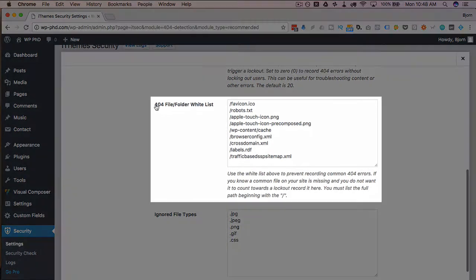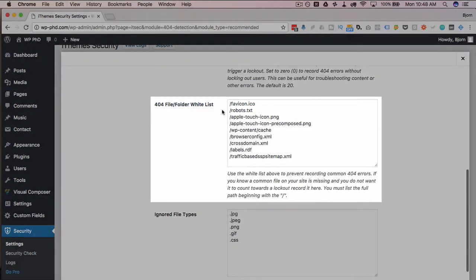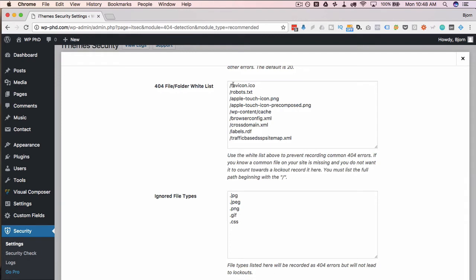Down below, we have the whitelist folder. So if somebody's hitting your favicon, robots.txt, or these other image files, these ones are on my server, they probably wouldn't be on yours. Bunch of other things that may or may not be on your site. These have been automatically put into the whitelist here.